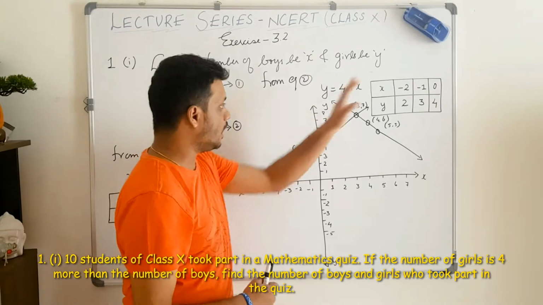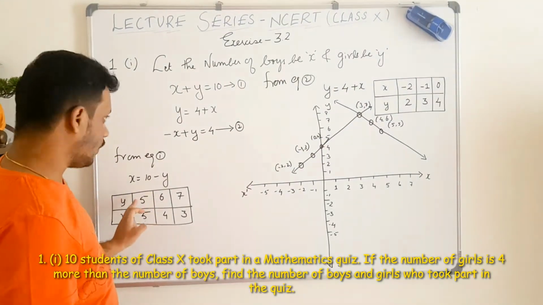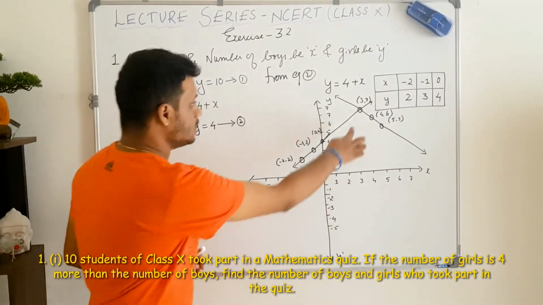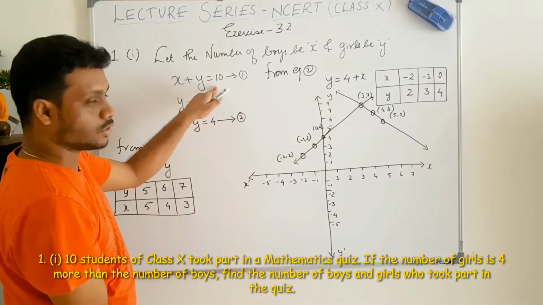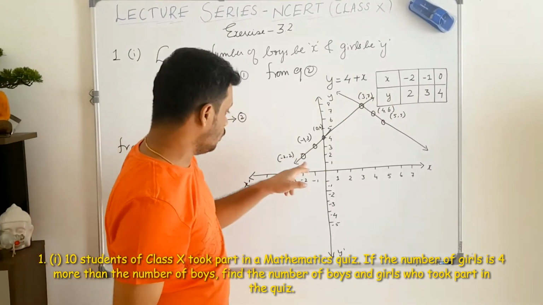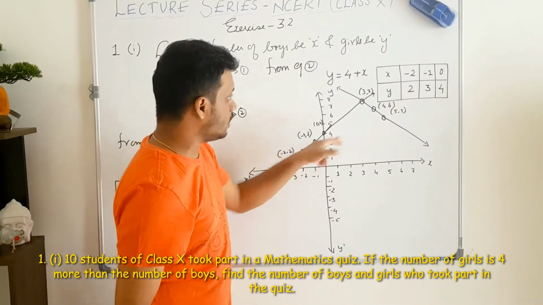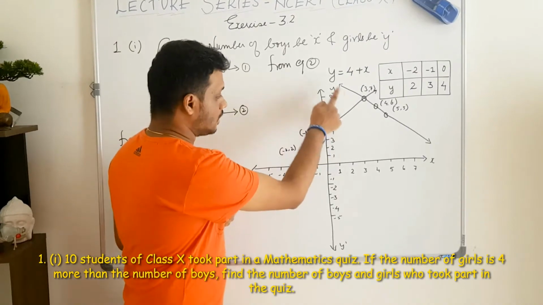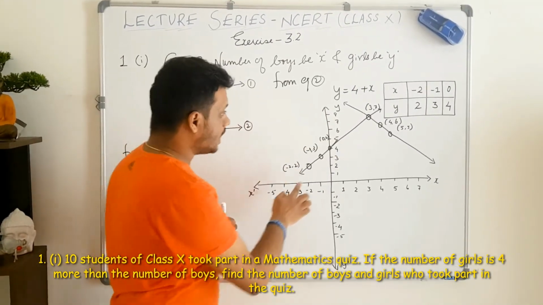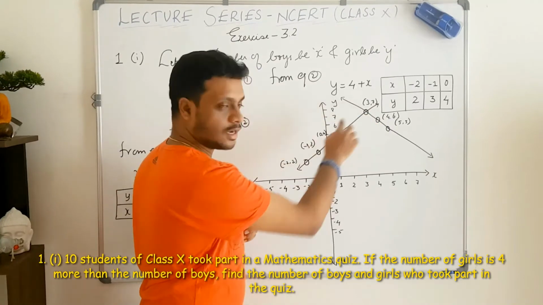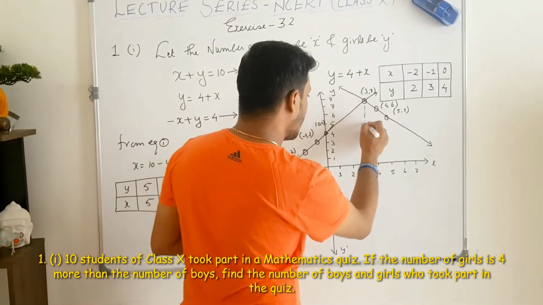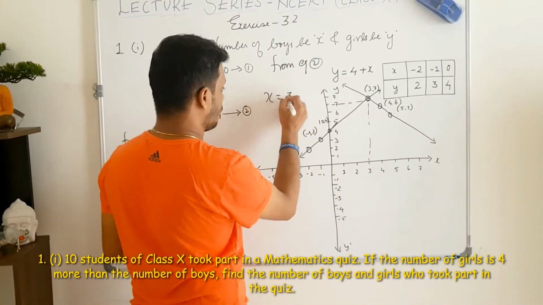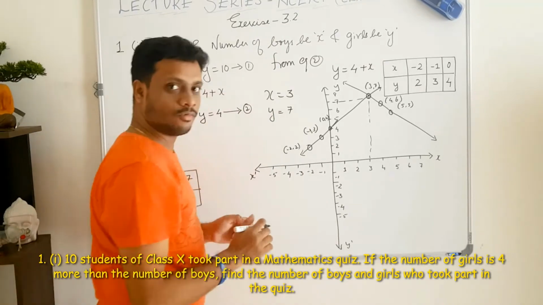corresponding y values. So when I plot these two in a graph, the first one, 5, 5, is here, then 4, 6 is this point, then 3, 7 is this point. So this line corresponds to the first equation. Then we have minus 2, 2 which is here, then minus 1, 3 which is here, then 0, 4 which is here. So these 3 points correspond to the second equation. When I connect a line passing through them and extend it further, I see these two lines intersect at a point, when x is 3 and y is 7. Therefore, x is 3, which is the number of boys, and y is equal to 7, which is the number of girls, as the solution.